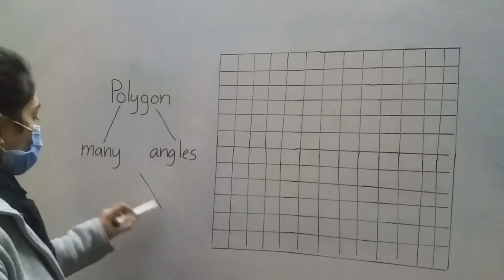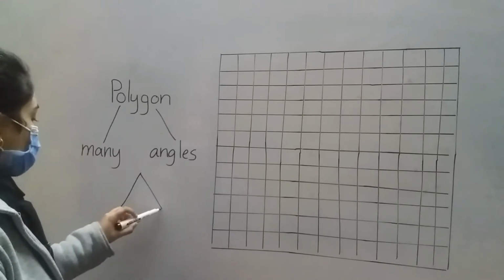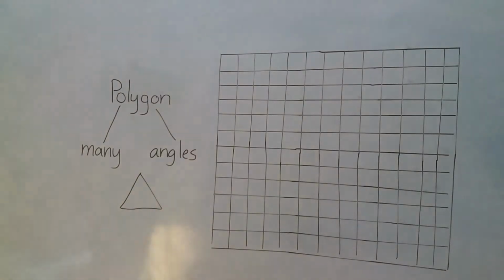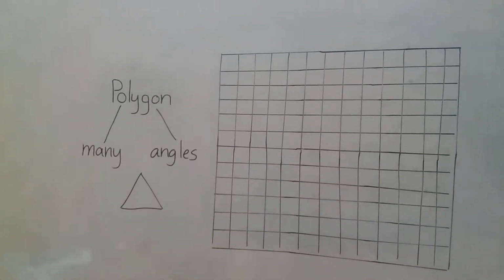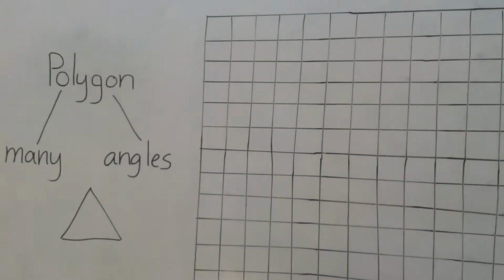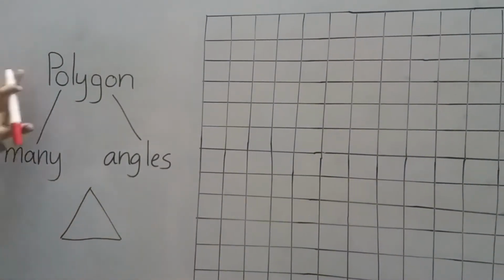So the first one can be a triangle. And how many sides does a triangle have? Let's see today, we'll learn the sides. I've told you this in my previous video as well. Let me zoom in for you. Alright. So this is a triangle. We all know it's a triangle, but it's actually a polygon shape.